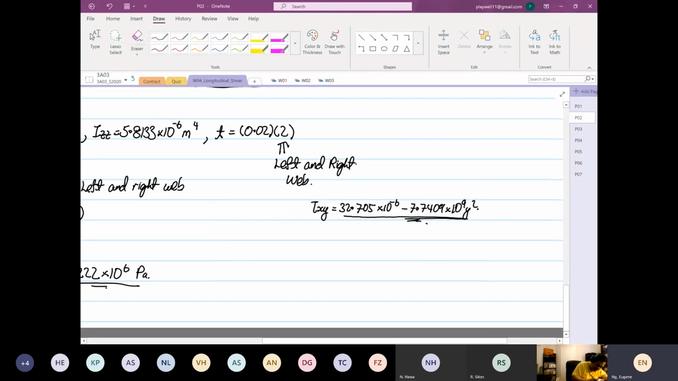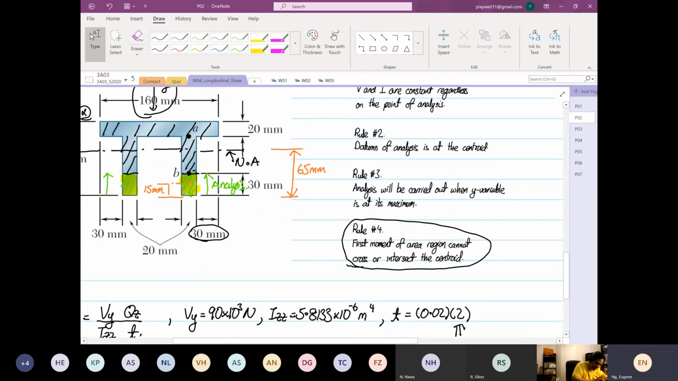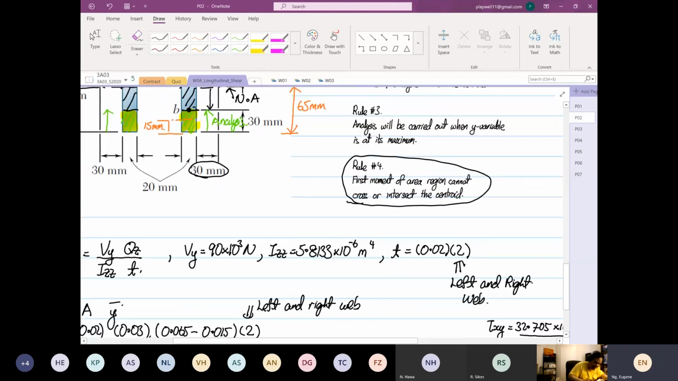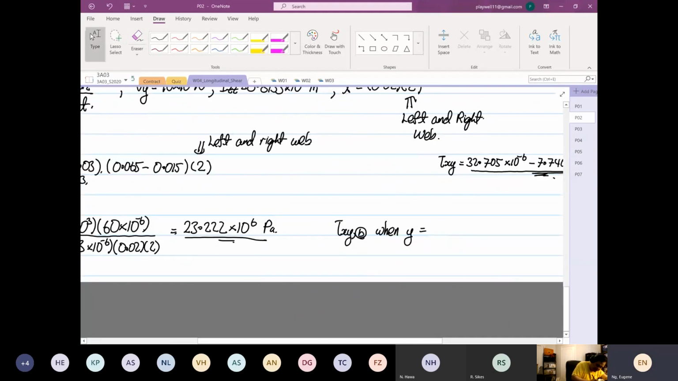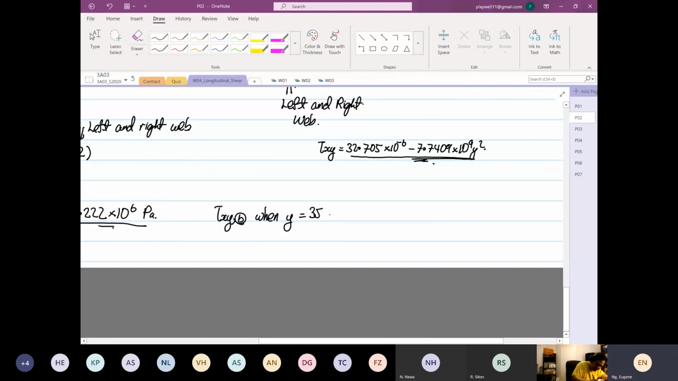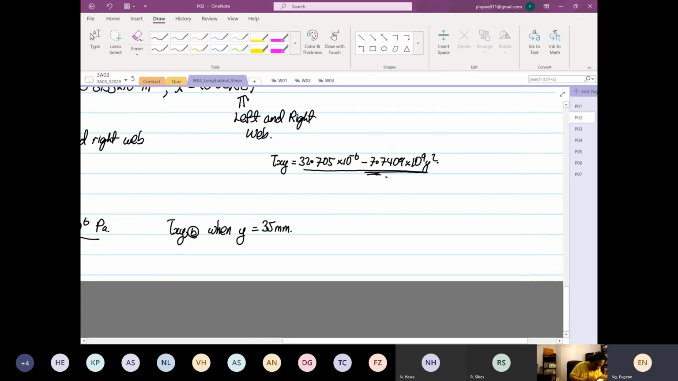Right, so if we're going to use the function, the shear xy at point B, when y will be equal to, so from here to here, right? So from the top is 30, so this is 35 millimeters now, right? Because the datum starts from the neutral axis, but the analysis starts from y max and it goes to the what? It goes to the neutral axis. So if I put that expression in there,